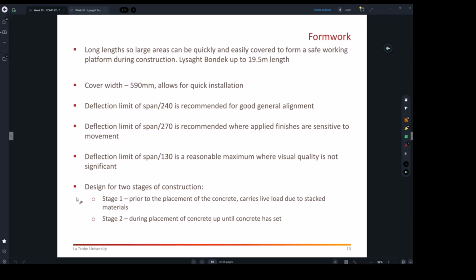Now, in terms of design, there are two stages. As I said to you, stage one is prior to placing the concrete. Those metal decks, as you can imagine, they are a bit